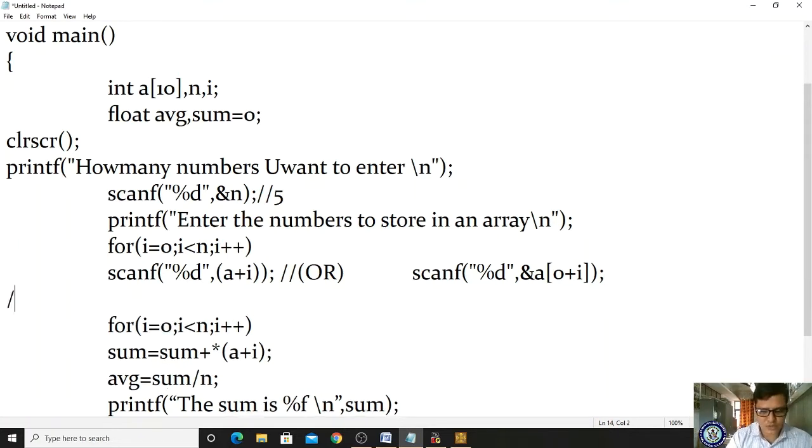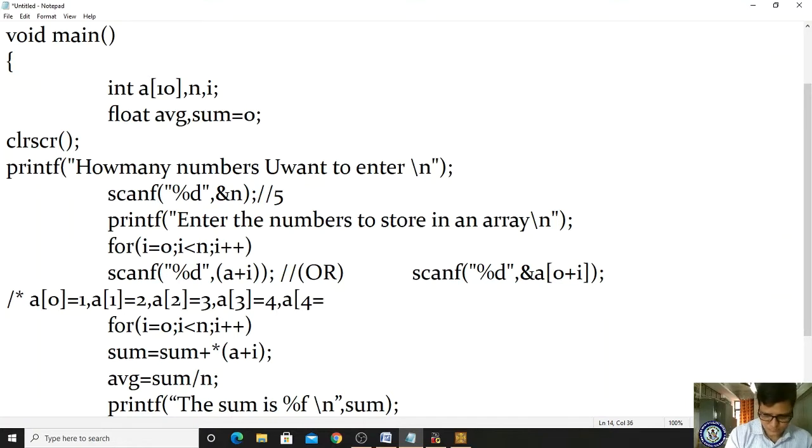So I am here using one comment line: a of 0 is equal to 1, a of 1 is equal to 2, a of 2 is equal to 3, a of 3 is equal to 4, and a of 4 is equal to 5.